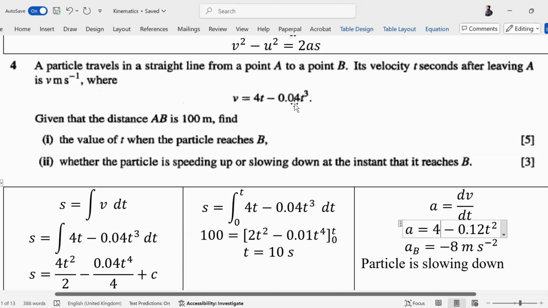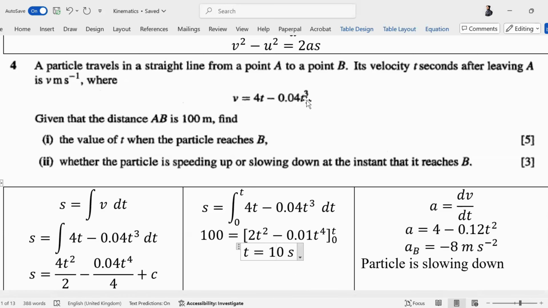First, you'll find the velocity at B. Plug in करो उसको ज़रा. T को 10. So you'll plug in the time of when it reaches B. When it reaches B, the time is 10. ये plug in करोगे. Thank you. So it was 0 आ रही है ना, बस we only need to figure out acceleration.